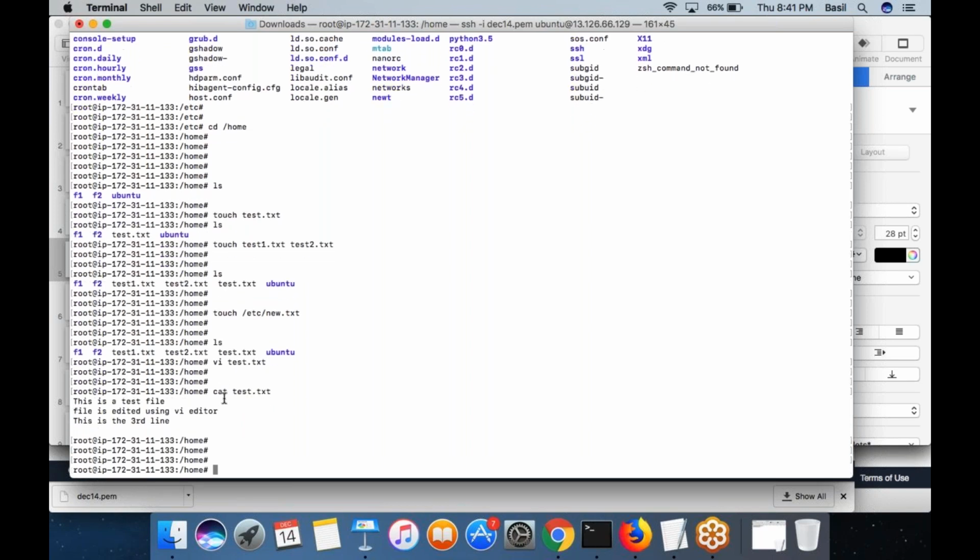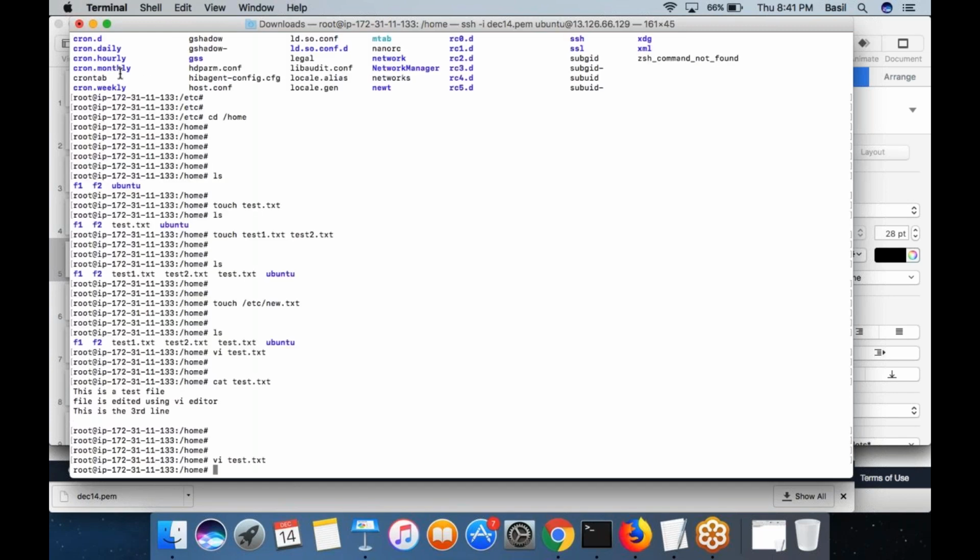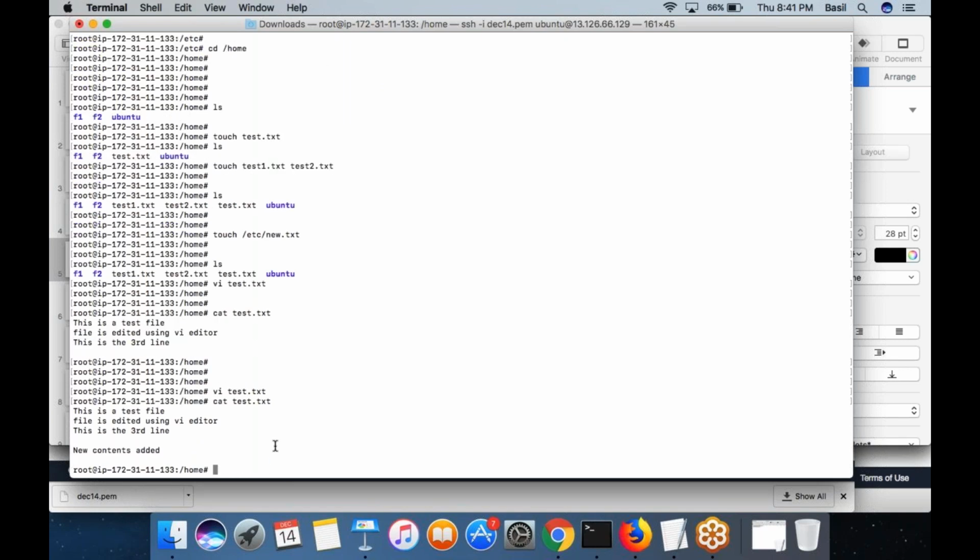Or you can open the file in the VI editor later also, vi space test.txt. Again, the file will be opened in the VI editor. You can see the content, right? If you want to modify the file, again press the I button, put in your modification, right? And when you are done, again press escape. W is the command for writing, Q is for closing the VI editor. So if you press W key, Q, it means save and quit. So the file would be saved and the editor will be closed. Now you type cat space file name, you can see the content of the file.